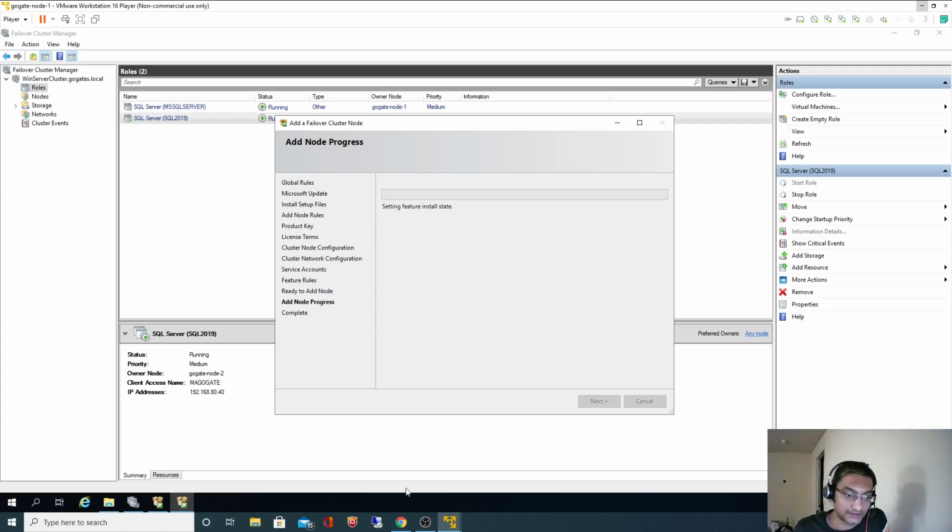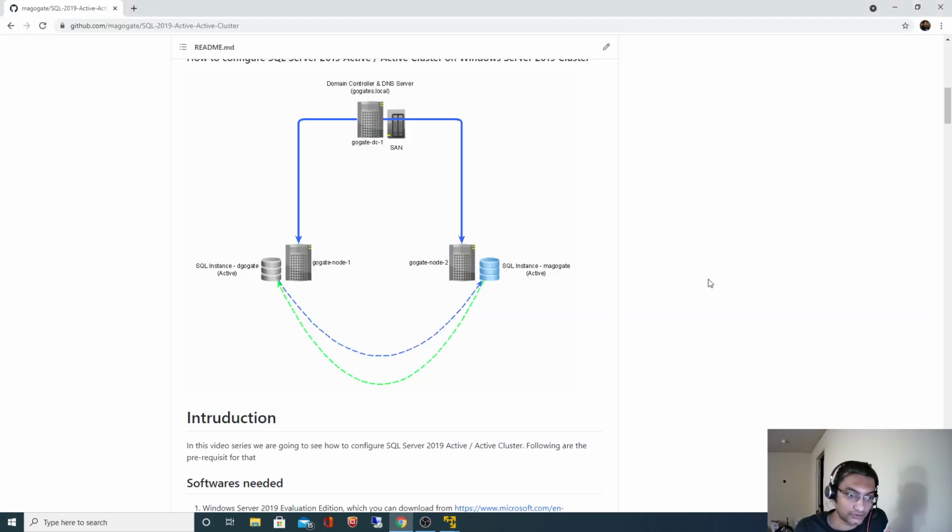So by the time this gets installed, let's go back to our documentation. So far, we'll do a quick recap. Very initially, we installed the SQL Server failover cluster instance, dgocte, and this was the server name, and it was a default instance. We installed that default instance on this node, and we added node 2 as a failover node for this instance.